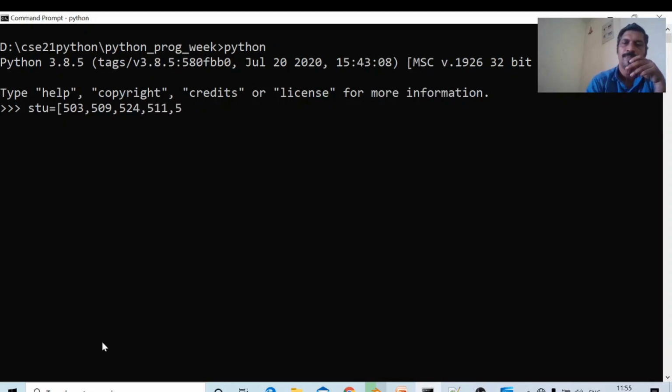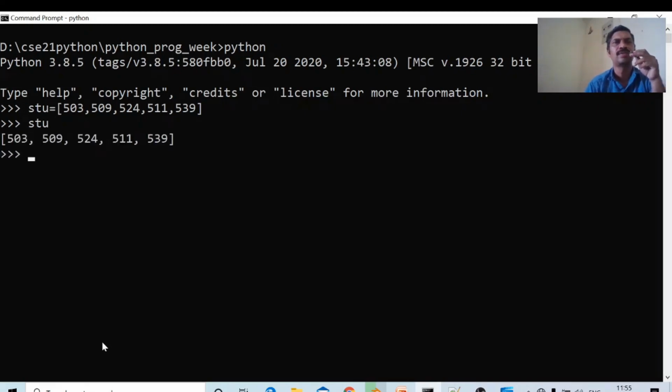It may apply for strings also. 539. Okay, the list contains these elements. In order to print the elements of the list, we use print of STU. These are the elements of the list.